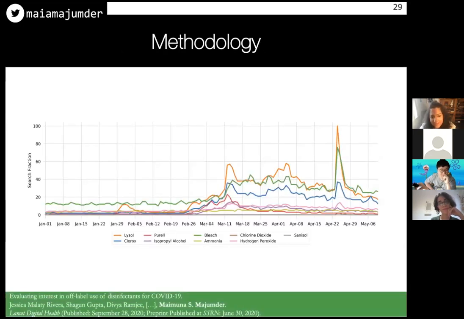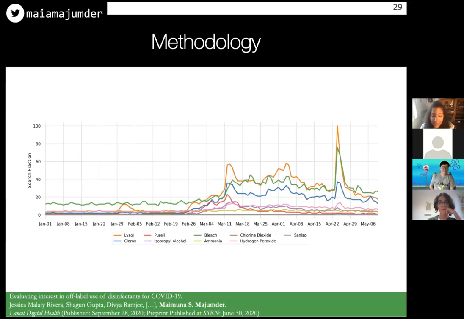To start addressing these questions, we first turned to internet search query data from Google to get a handle on what kinds of disinfectants the general public was searching for, both before and after April 23rd, 2020. Google search query data are fractional and relative. When interest in a term reaches a peak for a given time period, this means that the term was more popular at that time period, and whichever term in a series of terms was most popular among them peaks at